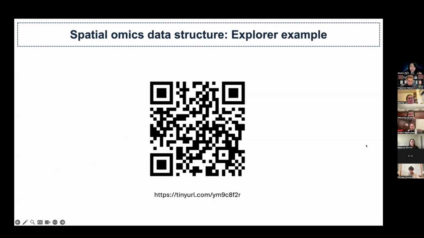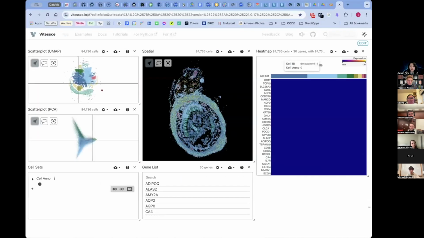At the end of the day, we tend to build an Explorer. I don't really go through a demo on how to build them, but I added one example of one of the data sets in our lab, to show how the Explorer would look. So we can also build a visualizer. This is specifically using a tool called Vitessce, and we can process everything and load our H5AD files in a JSON format and start exploring the data sets by looking into specific